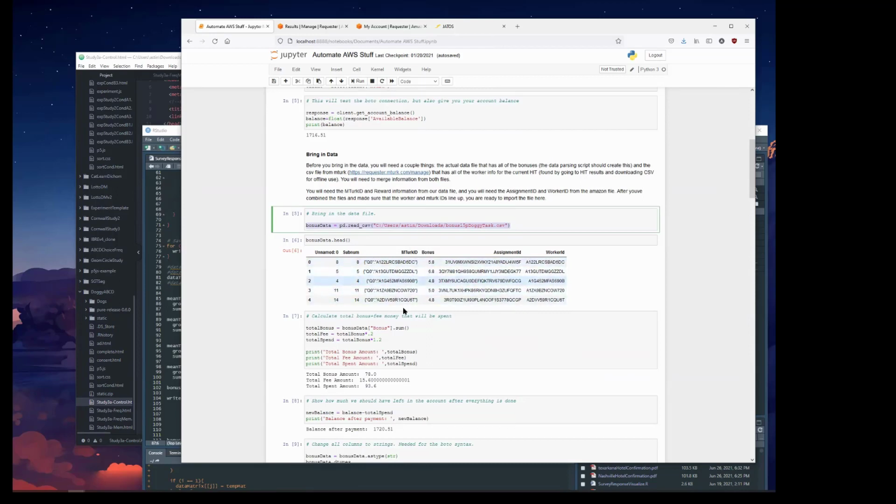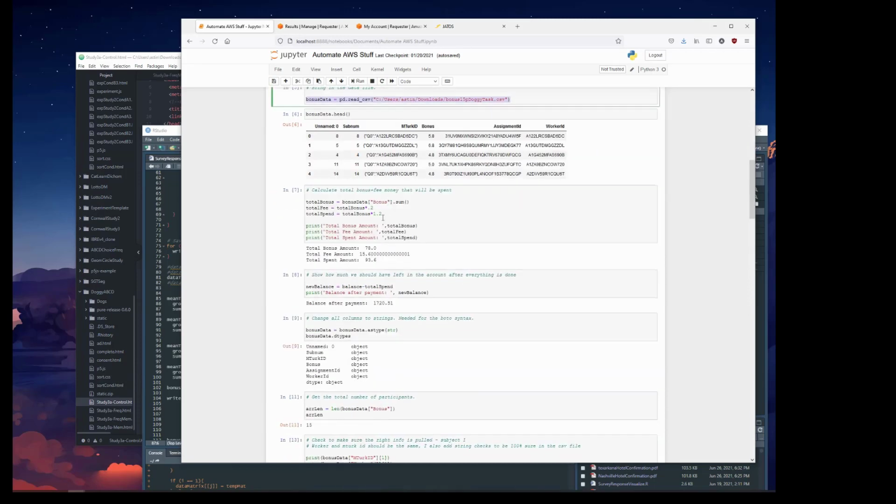So here's our Excel sheet that we extracted from the data. So you have the subject number, MTurk ID, and bonus amount. And then here's the information we grabbed from the Amazon website from their data. So we have the assignment ID and worker ID. Just to check, I usually have another verification column where I just compare the two text strings just to make sure that the MTurk IDs are lined up properly. And then after that, we can have a couple more cells that just compute the bonus amount and